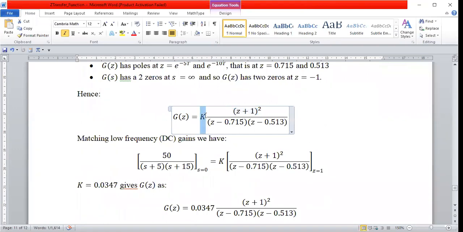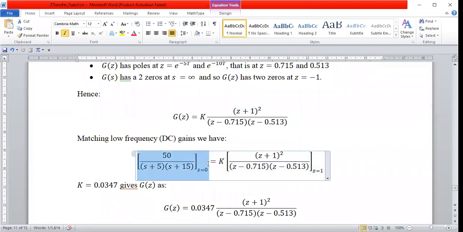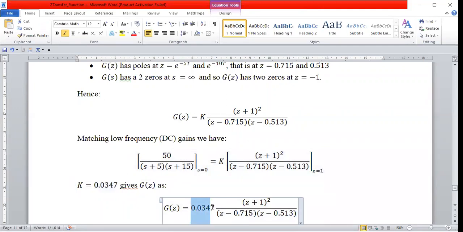Then there's a K you need to determine, which is the gain. In order to determine the gain, this is the S transfer function in the Laplace domain, and this is the Z transfer function in the Z domain. For this part, you will evaluate at S is equal to 0, and here you will evaluate at Z is equal to 1. When you do the arithmetic, which I didn't do, you will get your gain K to be equal to this. So using the pole zero mapping,